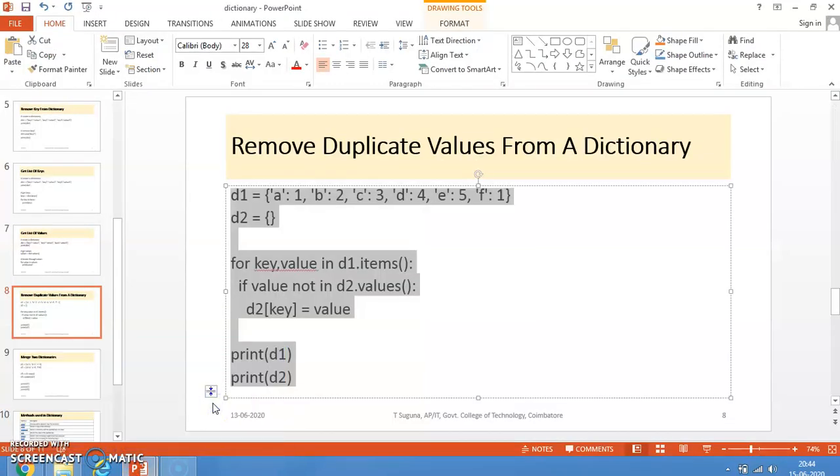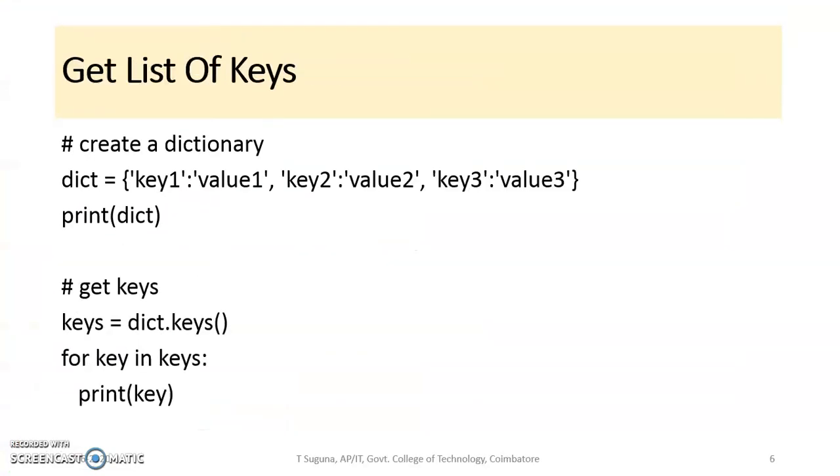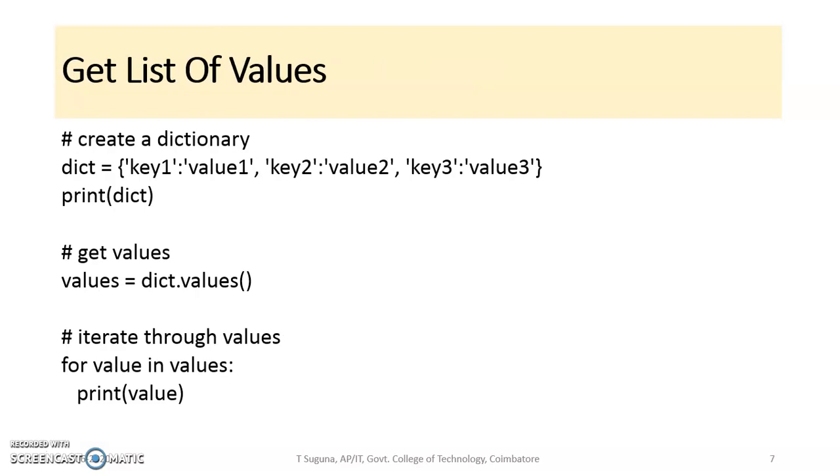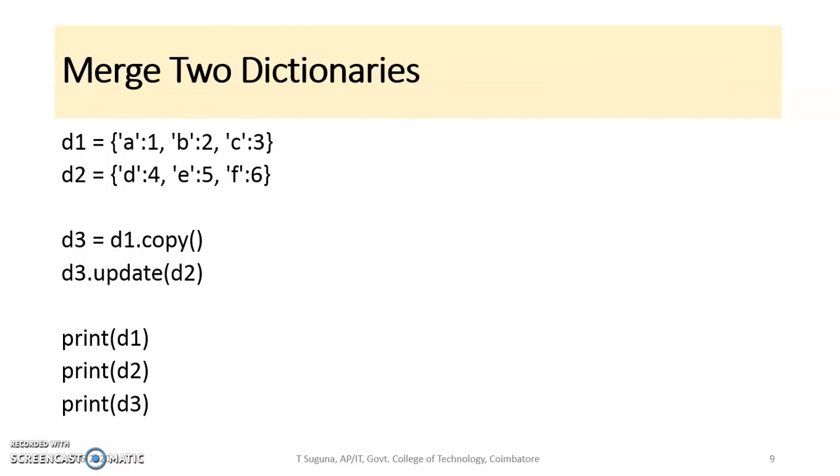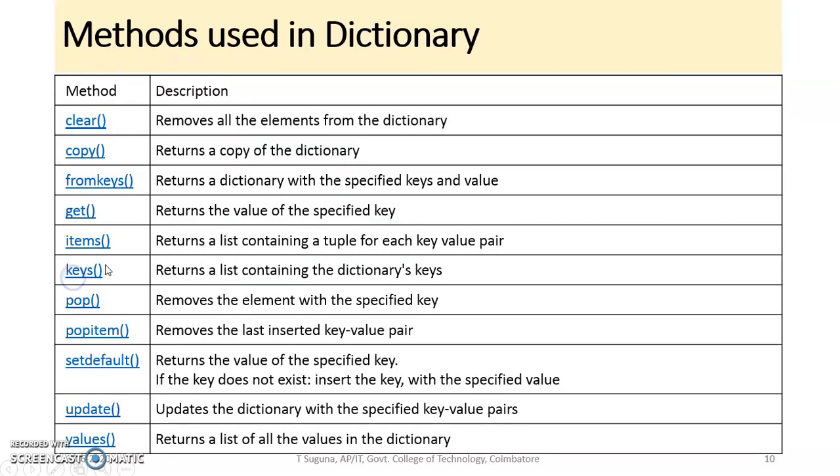Next we discuss merging of two dictionaries. For the merging operation, we require two dictionaries, D1 and D2. Using the copy function, a third dictionary D3 is created. Just copy the content of dictionary D1 into D3. Then update the content available in D3 with the second dictionary. So first copy the content of D1 to D3, so D3 now has the D1 content. Then update it with the content of D2. This is how the merge operation works.